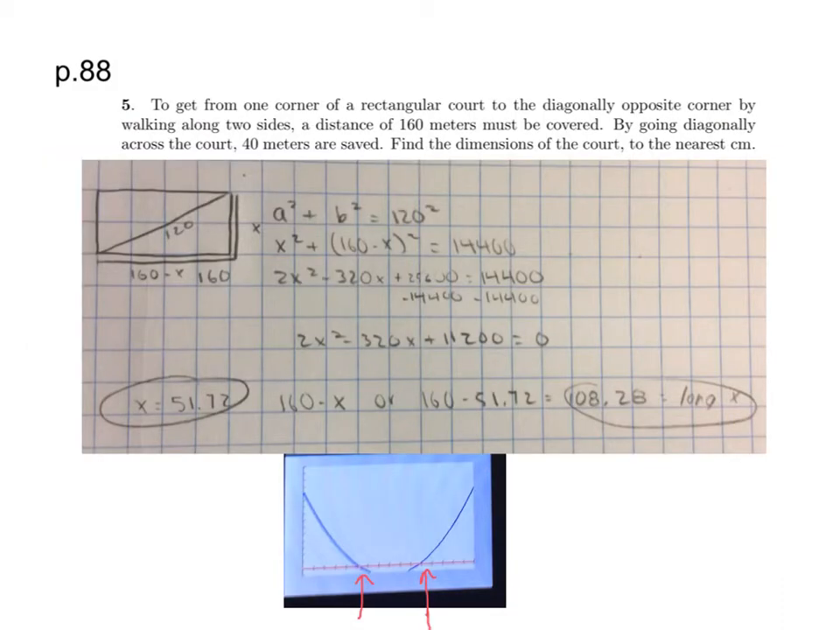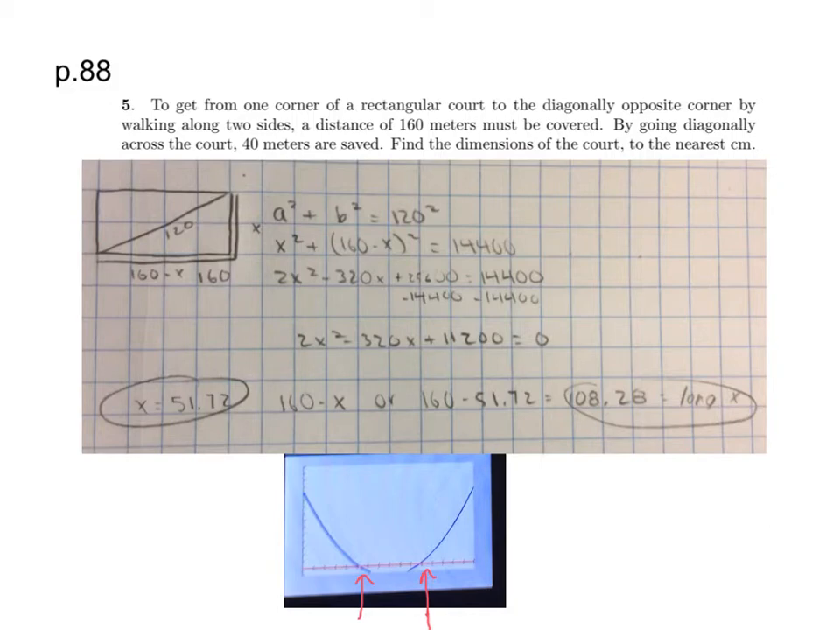To get from one corner of a rectangular court to the diagonal opposite corner by walking along two sides, a distance of 160 meters must be covered. By going diagonally across the court, 40 meters are saved. Find the dimensions of the court to the nearest centimeter. So it says